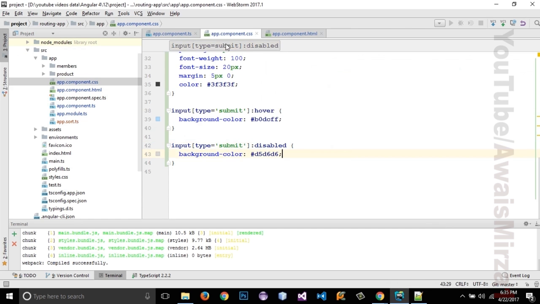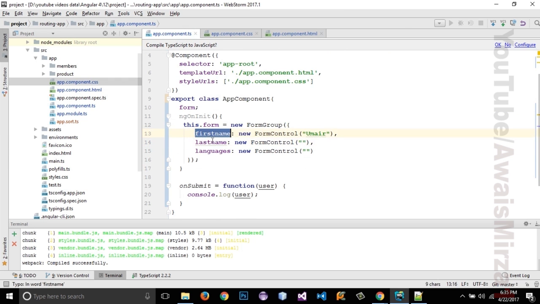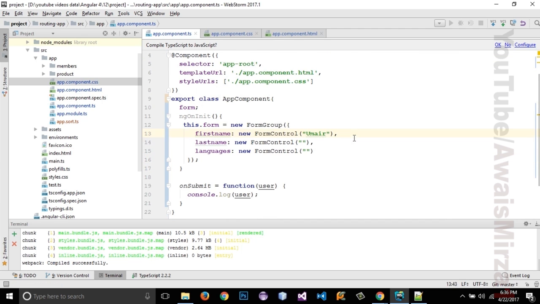So I'm going back to my TypeScript file, and inside it I have three form controls. I'm going to apply the basic default form validation technique on this one input text box, and for the second input text box I'm going to use my own custom made functions for the validation of this last name. So now first I need to come right here and enter these validators. Make sure you have entered right here, and after that